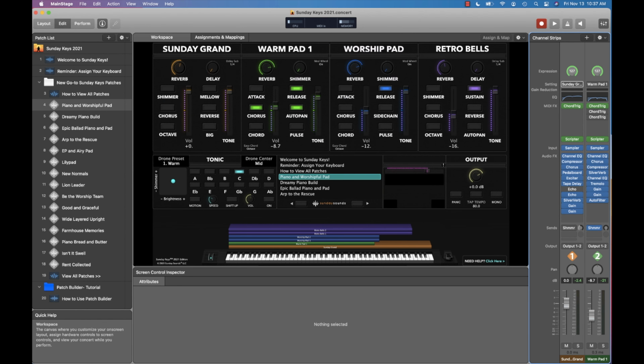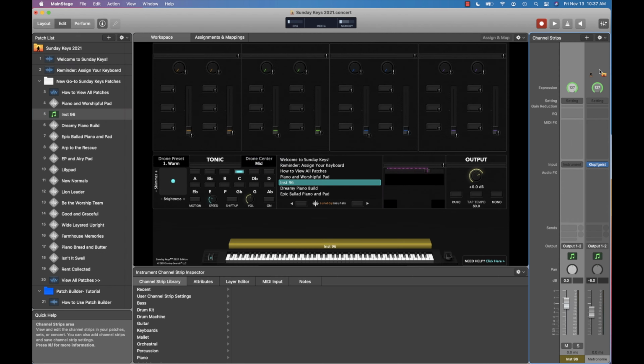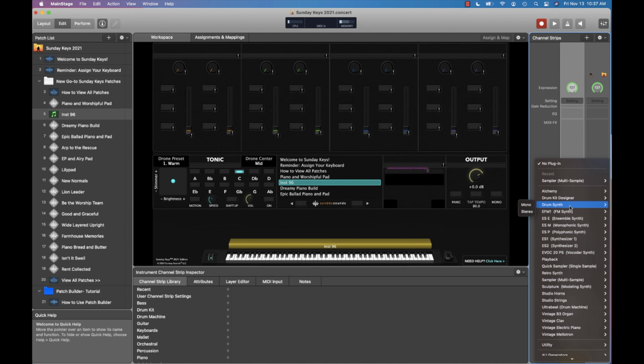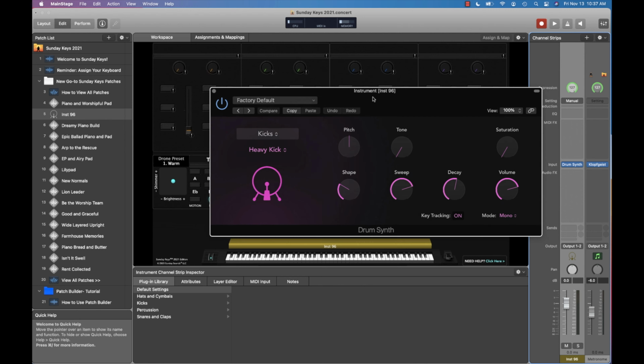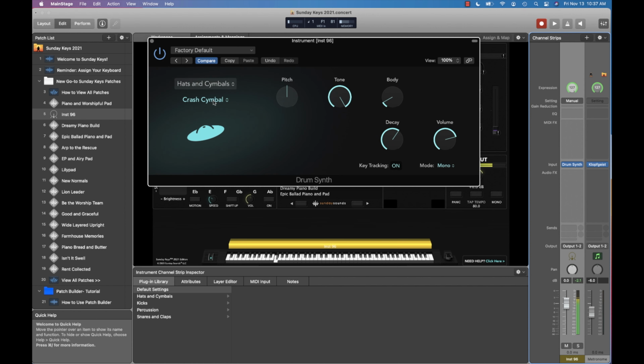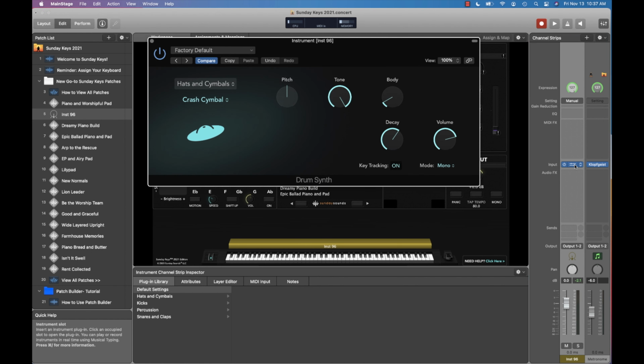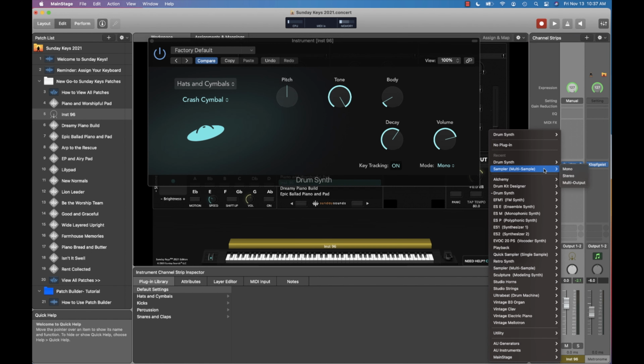A lot of the other changes here, according to MainStage's release notes, seem to be stuff under the hood. Stability, reliability, performance, these plugin changes. We've got a few new plugins here. These are all things that have been passed over from Logic. So we've got the new Drum Synth here, which is interesting. And this is really just one thing at a time here, which is fine. I'm not sure how much practical application Drum Synth is going to have for us as MainStage users, but it depends on what you're into.